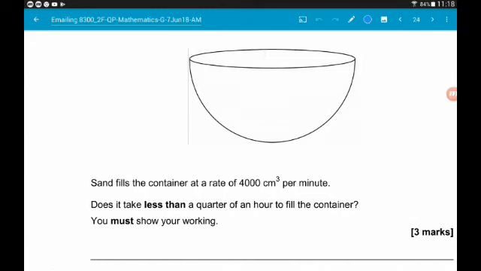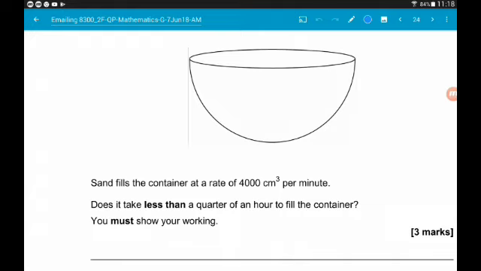Now we're told sand fills the container at a rate of 4,000 centimetres cubed per minute, and we are asked, does it take less than a quarter of an hour to fill the container? So we're going to need to work out the volume of the container and then work out how many lots of 4,000 centimetres cubed are in that,